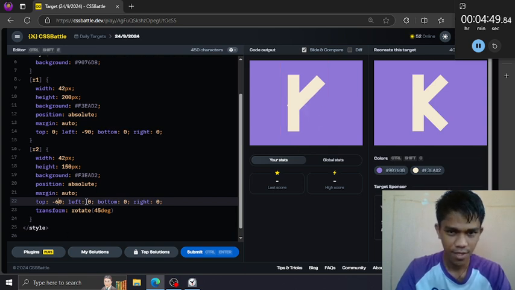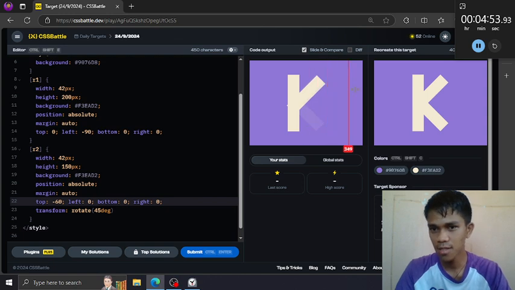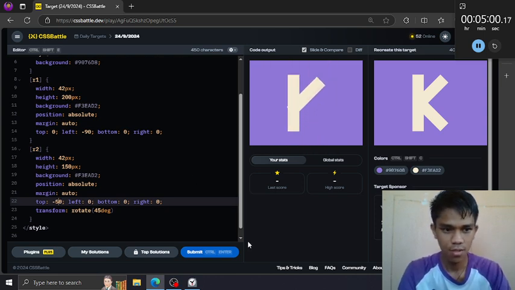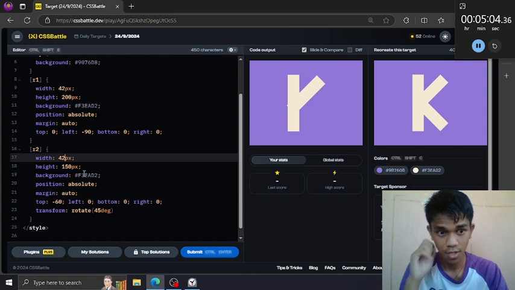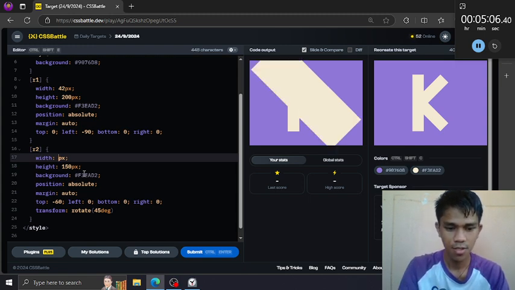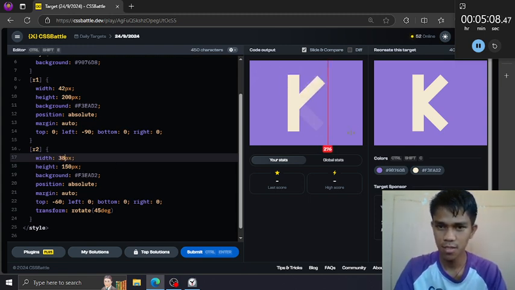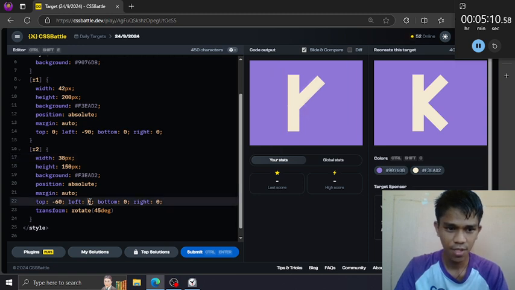Now move this to the left side. Wait, why is this? Maybe 60 is too much. Oh, that's correct. The thickness of the width, let's reduce the thickness. Move this to the right, I mean left, putting a negative value here.